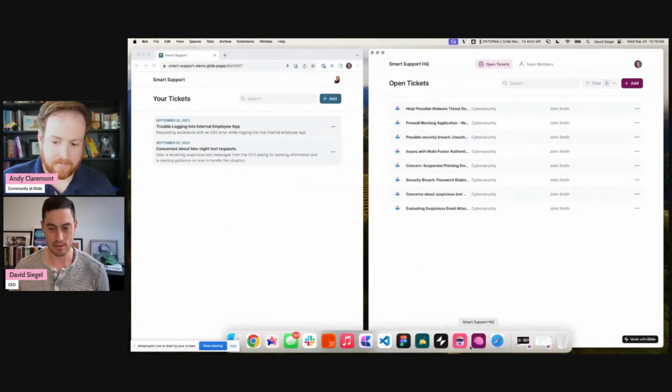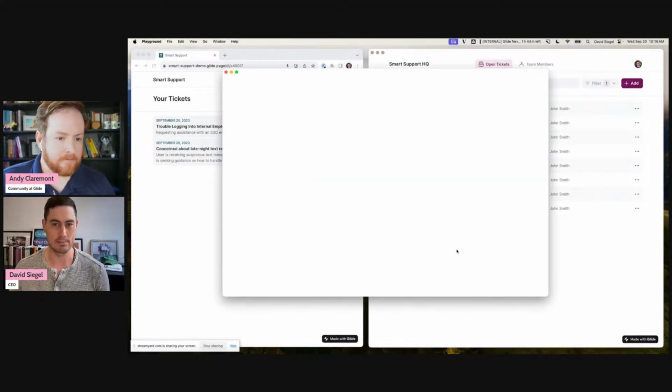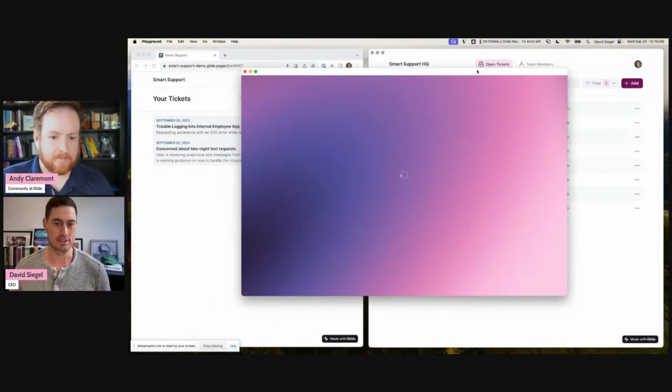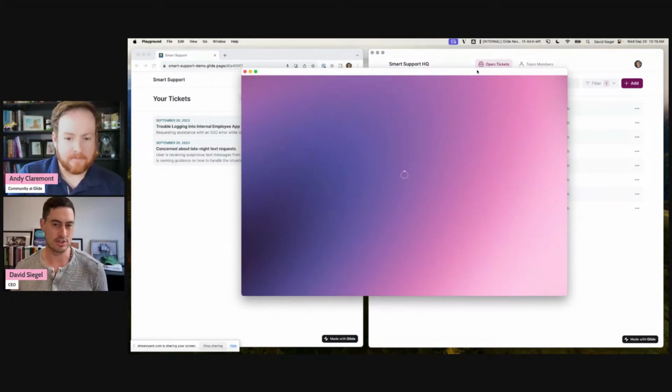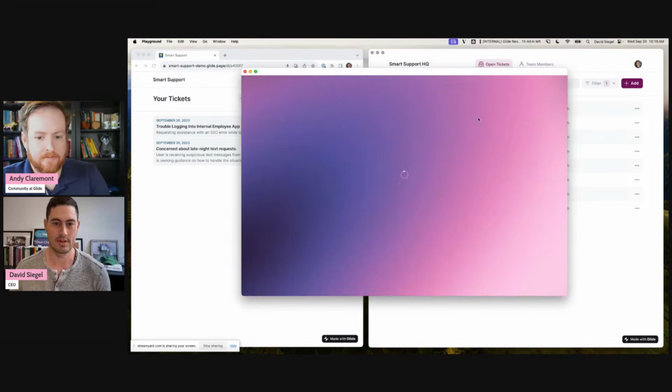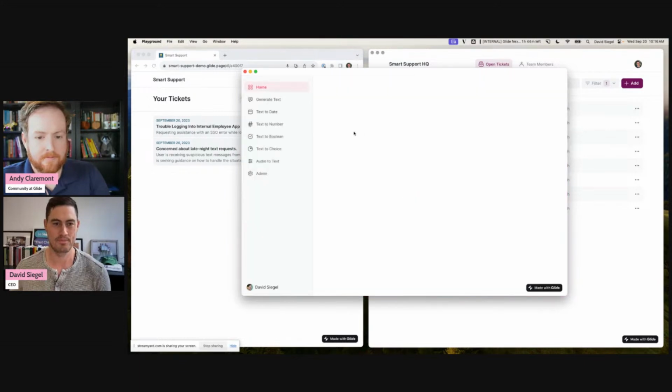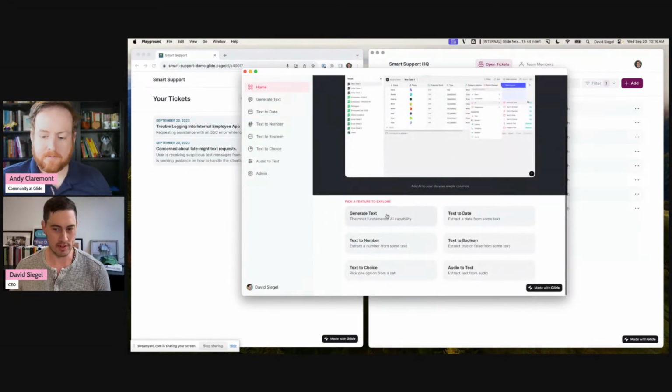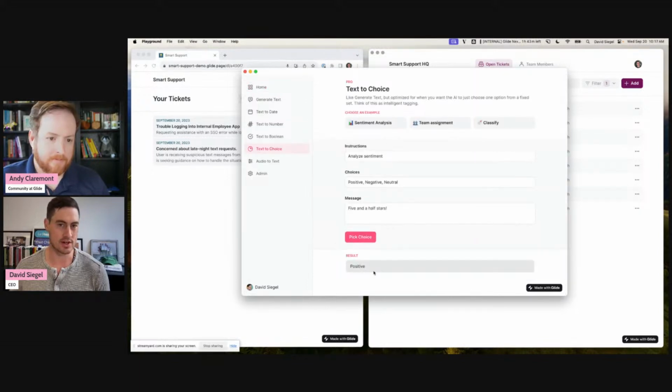So we created a Playground app, which is available in our template store. The Playground app explores all of these individual features in detail and shows you different use cases. So you can try interacting with them on your own. So you get an overview of the different features, but here's that text to choice column, for example, the one that we used in the IT app to take the issue description and assign it to a department. Here are 3 very different use cases that use that same column type.